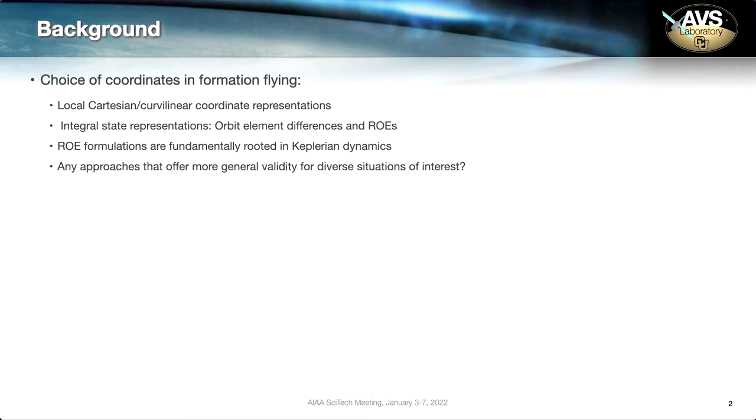It's well known that there are many choices of coordinates to use in formation flying. The local Cartesian and curvilinear coordinate representations are probably the most well known. Orbit element differences and ROEs parameterize some or all of the relative state in terms of integrals of motion. These have many convenient properties that might make them a favorable choice over local coordinate representations, but they're fundamentally rooted